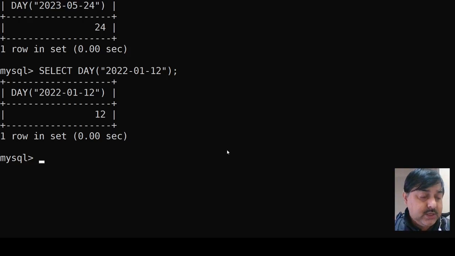Now let us see some more date functions and how we can implement them. Next, day name. If I want the day name, see here what I am getting originally: I am getting the day part. Now if you want the day name,